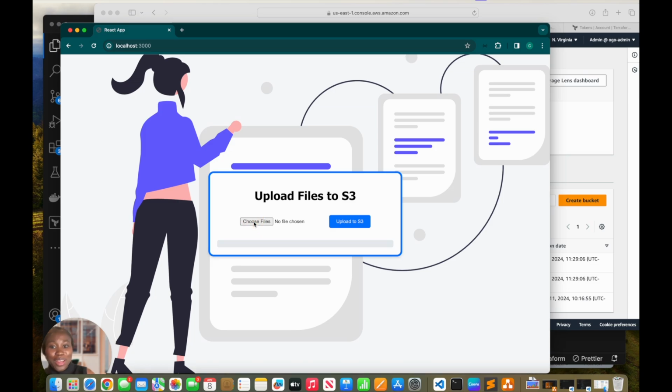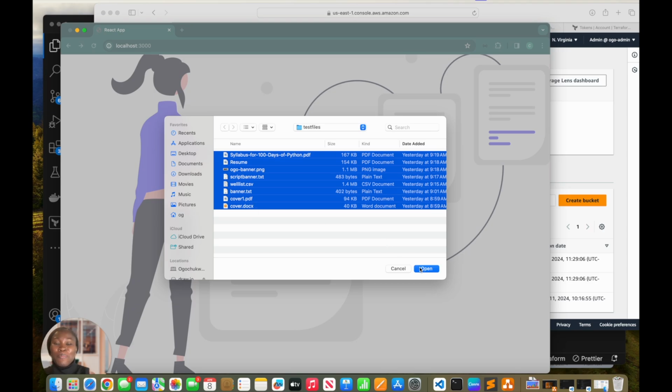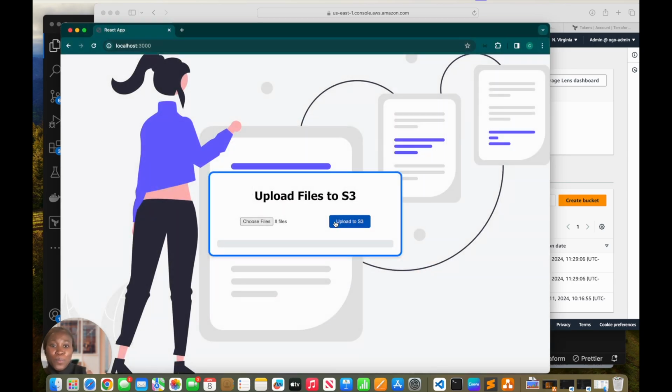So I'll go on here to upload files, and I'll upload all these files. Yes, that's what I want to upload. These files have different extensions. We have PDF, TXT, PNG, CSV, and DOCX, the Microsoft Word extension file. And once I open and upload this to the S3 bucket, it says successful,